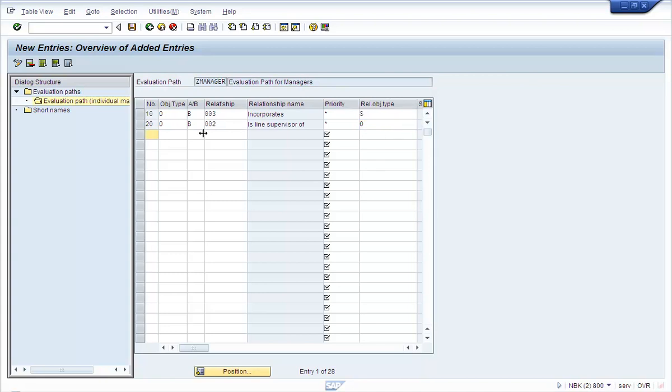and then we want to read all the org units, all the positions, all the persons who are assigned to the position. So we have this position, and underneath the position we have the persons assigned to those positions. So we want to read all the persons assigned to the position.